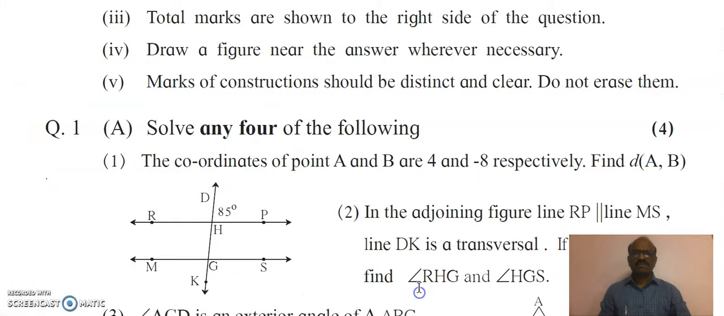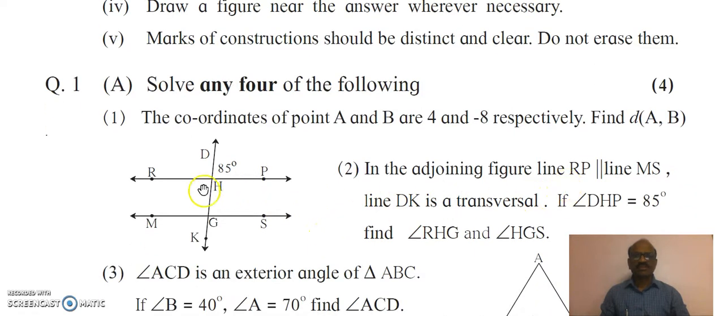that is in this figure, the adjoining figure, PR is parallel to MS line, and the line DK is a transversal, and angle THP is equal to 85. Then find the angle RHG and the angle HGS. Now in this case, the measure of angle